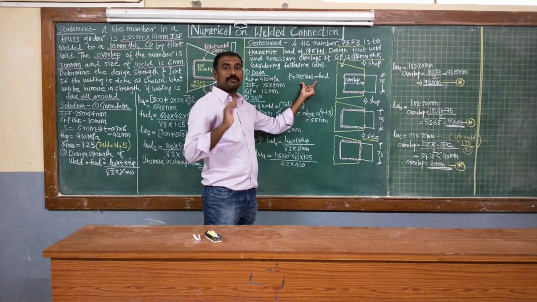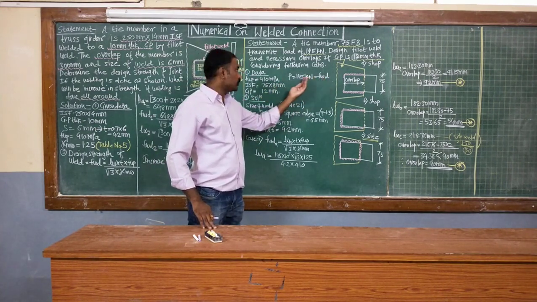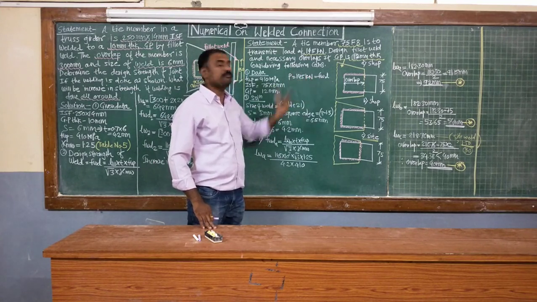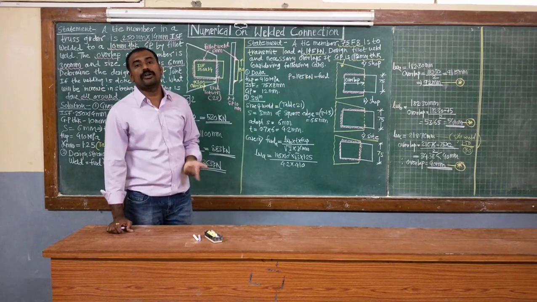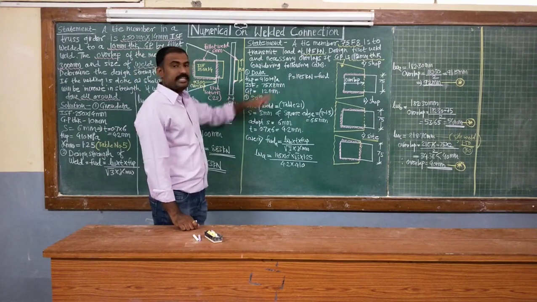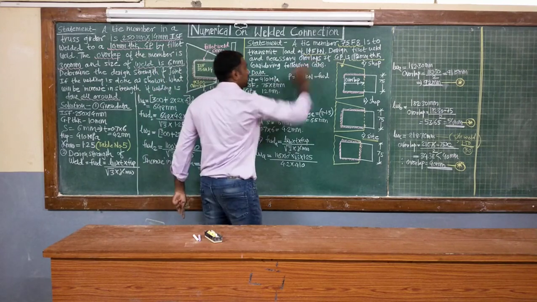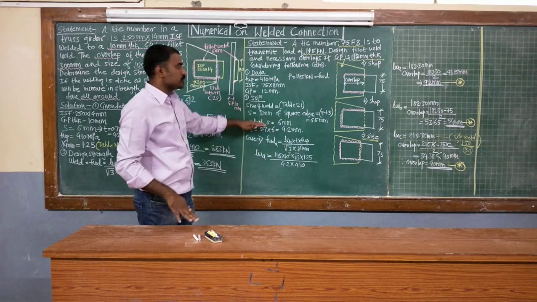In the previous column that was the unknown value. So P, or the ultimate strength of weld, is equal to 145 kN. For this 145 kN value, you need to calculate the length of welding. Correct? Now next, the Indian standard flat 75 by 8 is given. The gusset plate is given as 12 mm. So this is the given data already underlined here. From that, you can define these values.